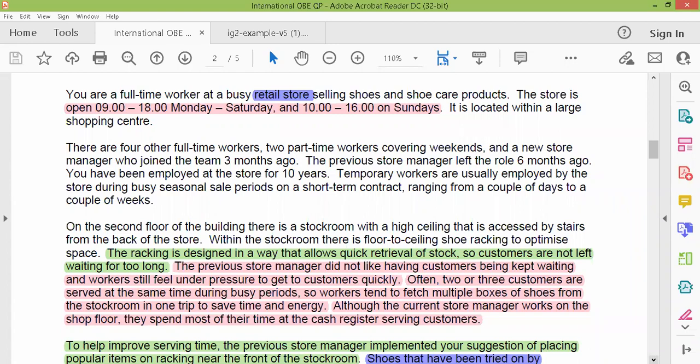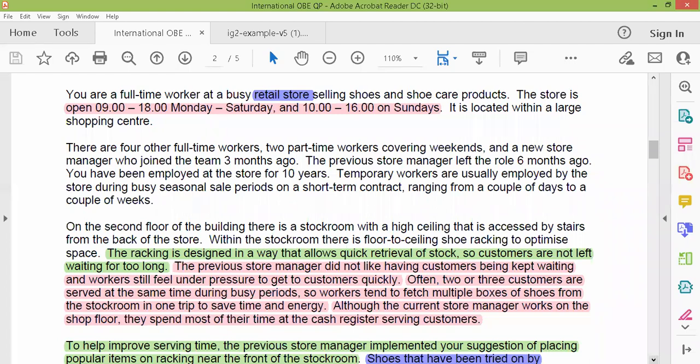Often 2 or 3 customers are served at the same time during busy periods. So workers tend to fetch multiple boxes of shoes from the stockroom in one trip to save time and energy. This is a negative sentence, because at one time they are serving 2-3 customers and fetching multiple boxes, which is an overload for the workers, and which is showing a negative culture of the organization,